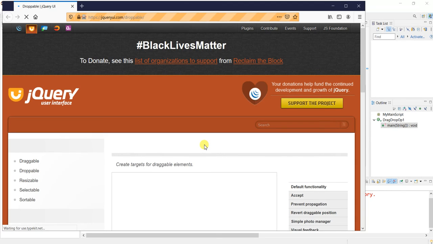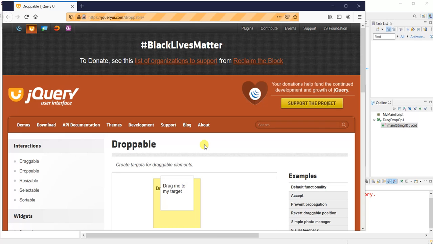The application has been launched. Yes, the drag and drop is also working. Can you see the drag me to my target is inside the destination place where we wanted to drop it.